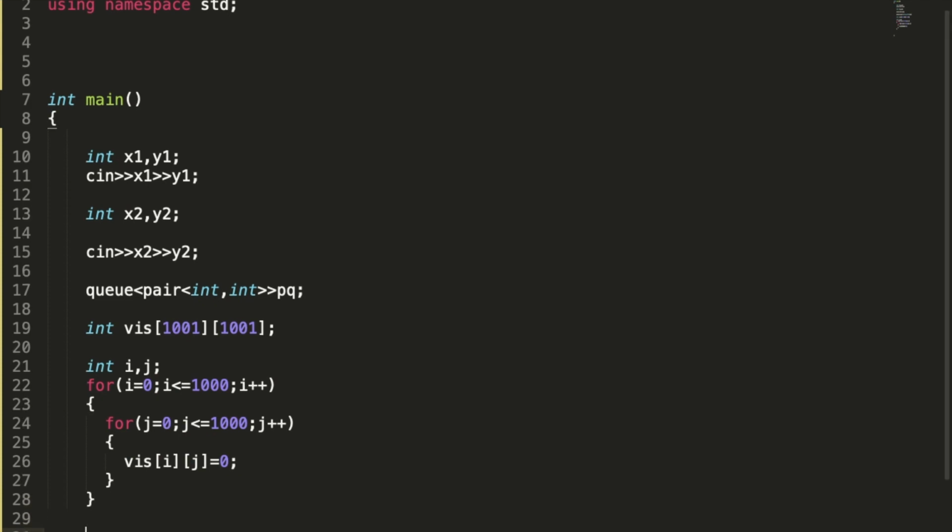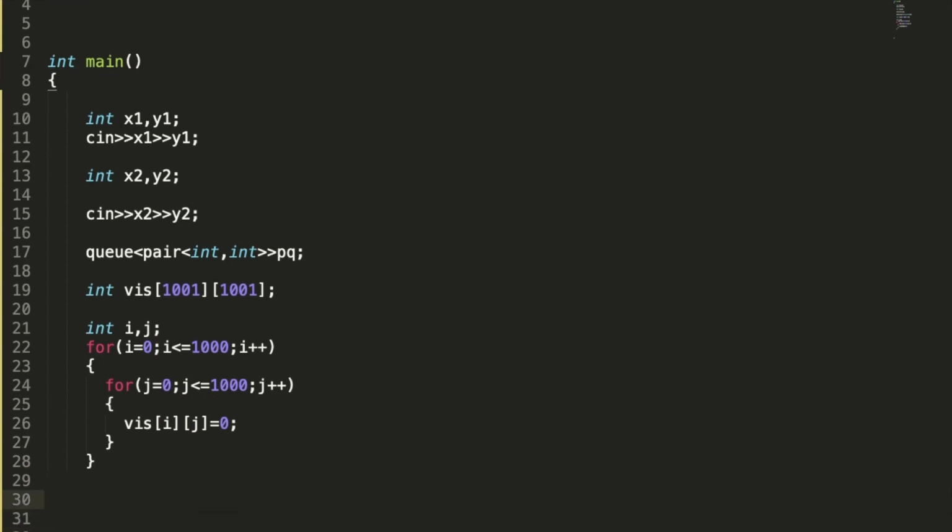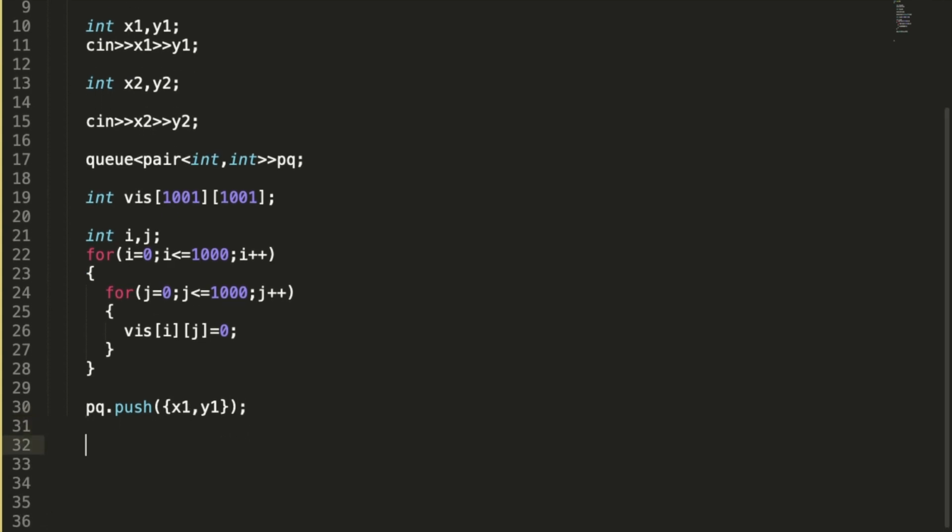Okay, so the first point which I am going to keep in the queue, I'm going to directly insert it, pq dot push. We have x1 comma y1, and since we can reach x1 comma y1 from x1 comma y1, I am marking x1 comma y1 as true.